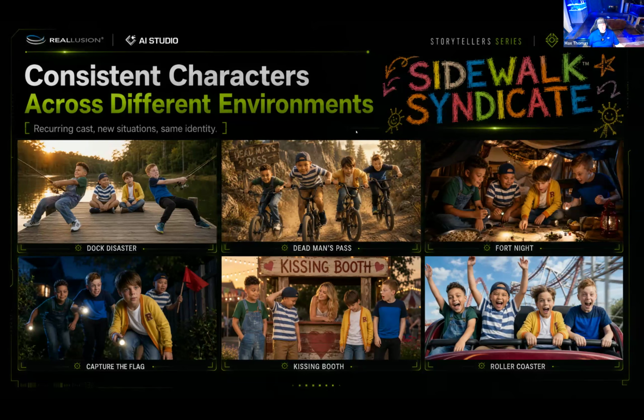Like Dead Man's Pass, where they're doing a bicycle race against some bullies down a hill. And it actually didn't like me doing the shot at first. It fought me on Dead Man's Pass because it thought I was trying to make some kind of crazy action scene with them. But really, it was just a bicycle race. And once I explained it